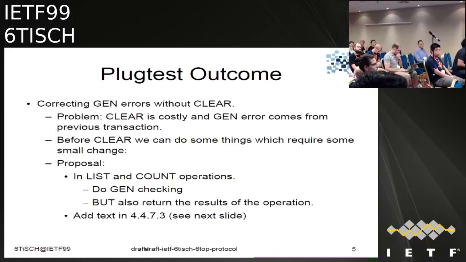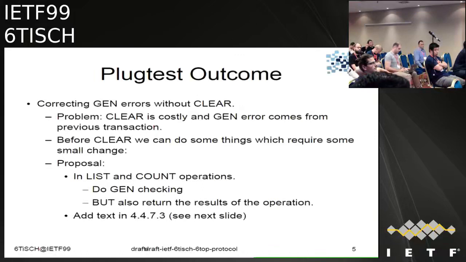So the proposal here is to introduce a mechanism or change a little bit the behavior so we can try to correct that situation. Because we know that if we detect that inconsistency, it's due to the last operation we have done. It cannot be due to any other thing. It only can happen because the previous operation we did messed up, or we lost an ACK, or we lost a packet, and one of the sides did not